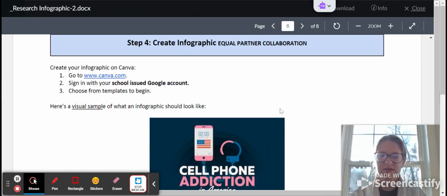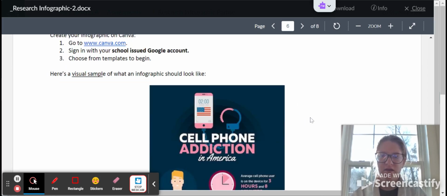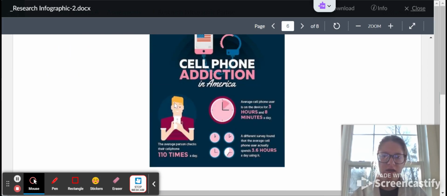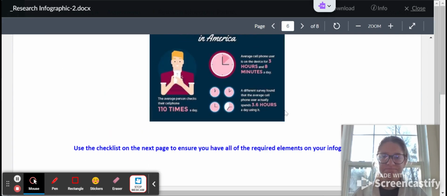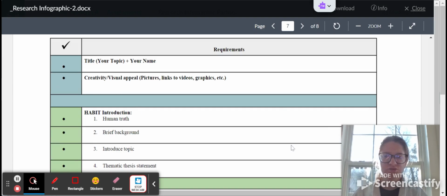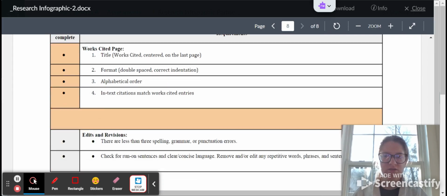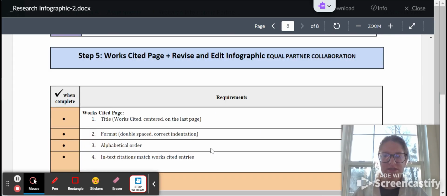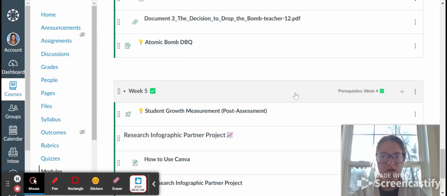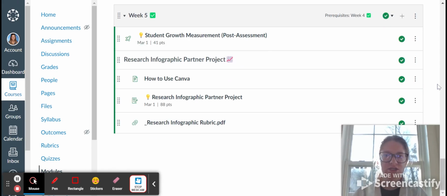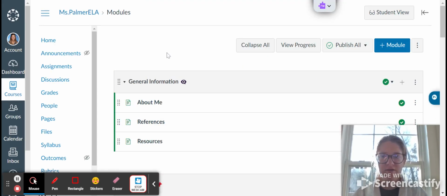And then this is where they are to start working on their actual infographic. I put a visual sample for them to look at. We're going to have an entire day walking through how to use Canva. This is the actual rubric I'm going to grade them on, but they're going to check off each part as they go. Same with the works cited and the revising and editing. So that is a partner assignment, and that is the culmination of the unit. And that was my hybrid